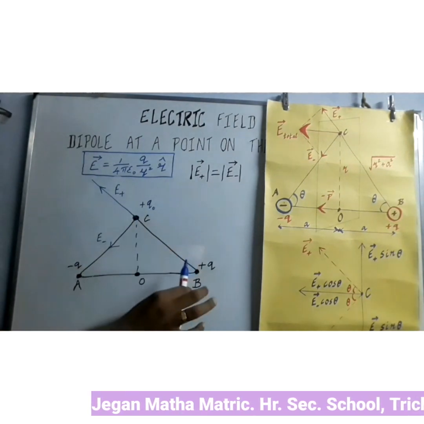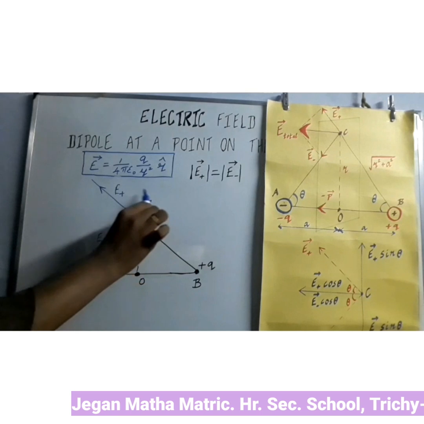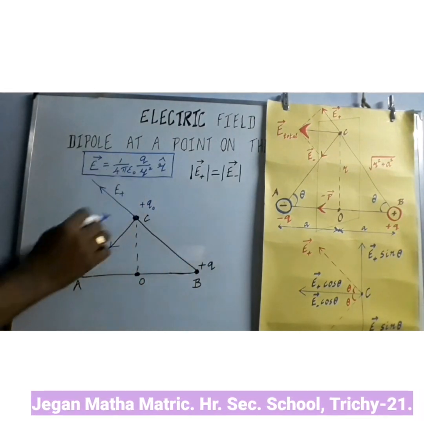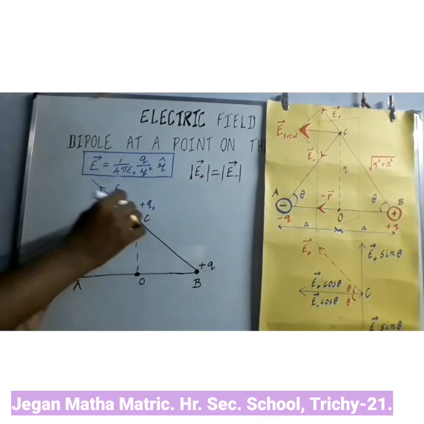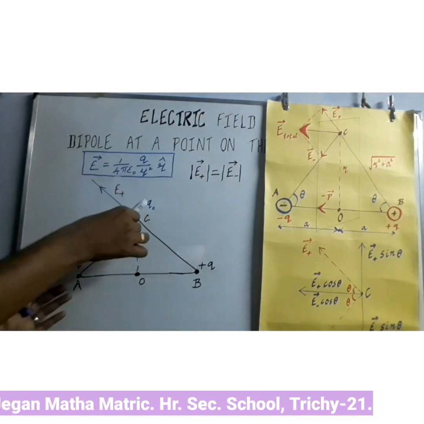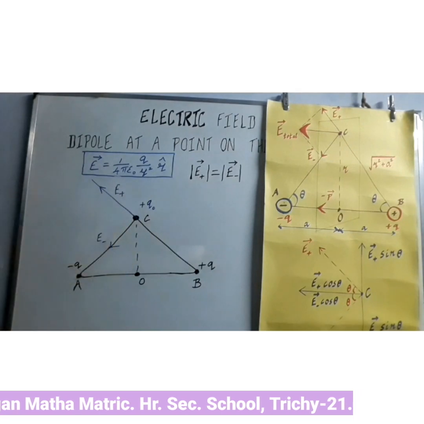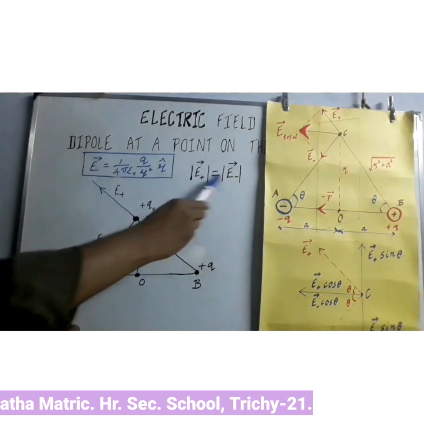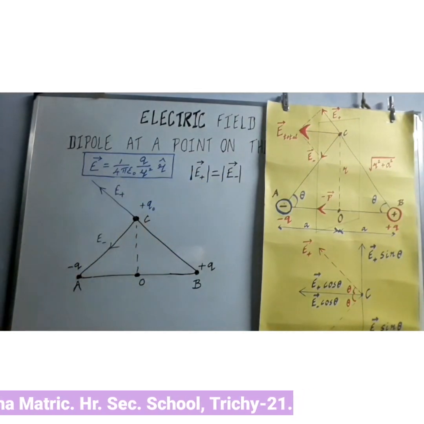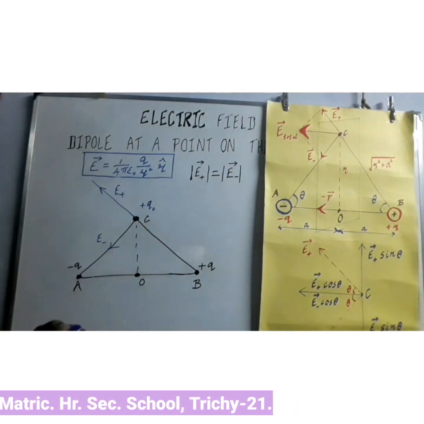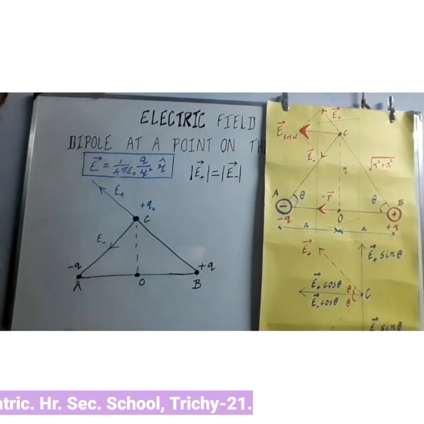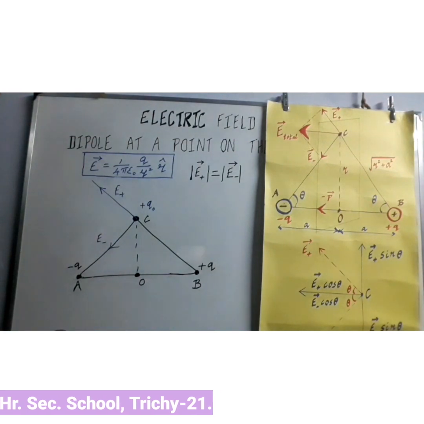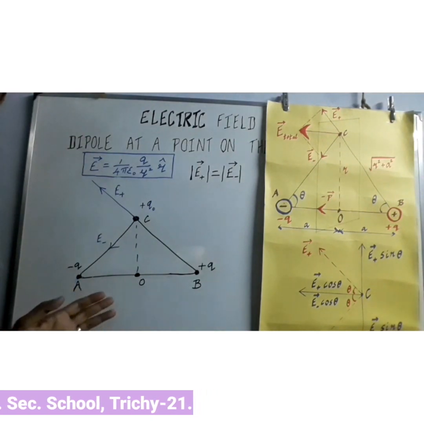The electric field which is given by the positive charge on the test charge, that means at the point C, it acts along the BC. The electric field which is provided by the negative charge on the test charge, that means at the point C, it will act along the CA. Now you can understand both the electric fields are same in magnitude and direction wise they are different. Now you have to find the resultant electric field at the point C. For that we have to use the resolution of vector, which one we have learned already in 11th standard. It's nothing but dividing the vector into its components.